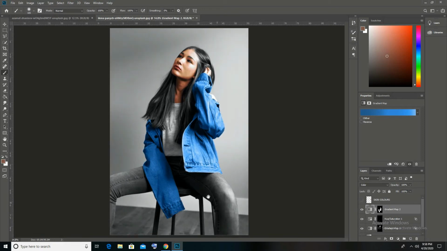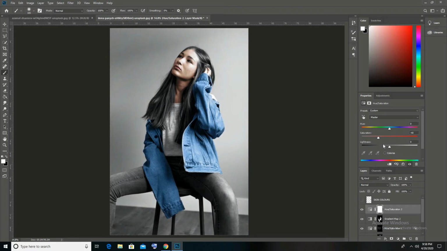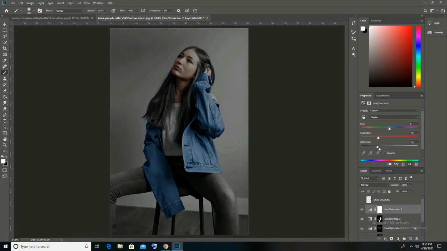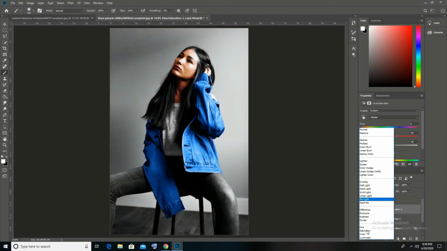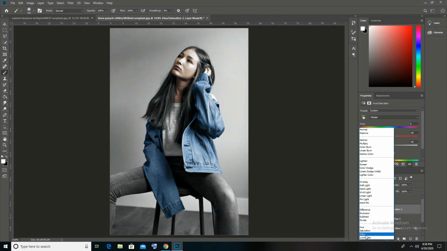Now on the jeans, I think a darker gray color will look absolutely fine, so I'll use hue and saturation for it, and we'll just decrease the saturation and lightness so that it will get darker. Put it to color mode.